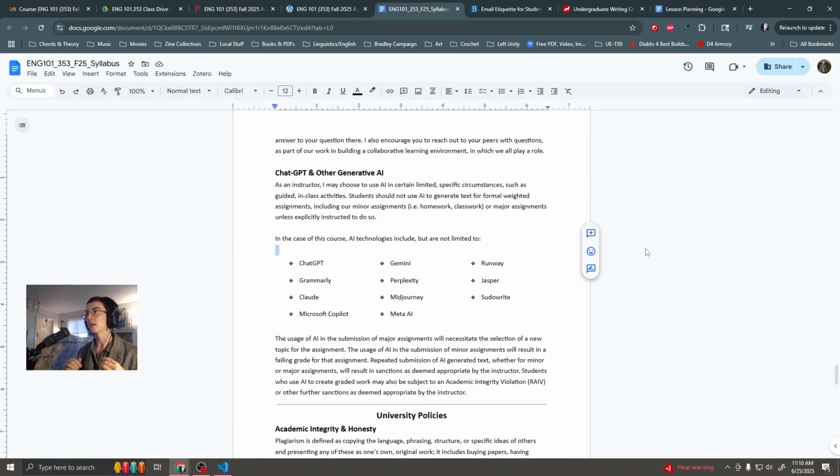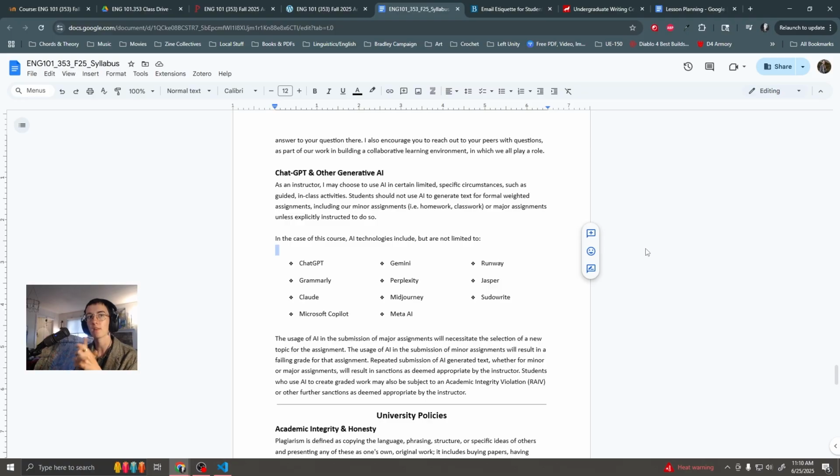My policy on this is, don't use it for any of the assignments whatsoever. So that includes all different kinds of AI technologies. And I do include Grammarly in this. So if you've got that special Grammarly feature, I actually don't want you to use it for this class. If you're using it for other classes, or for emails to me or something, that's fine. But it cannot be used for the homework or class assignments,